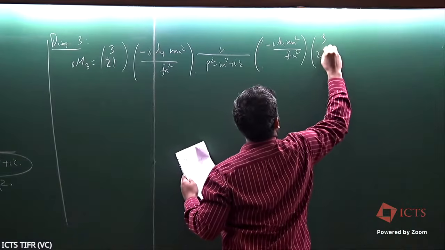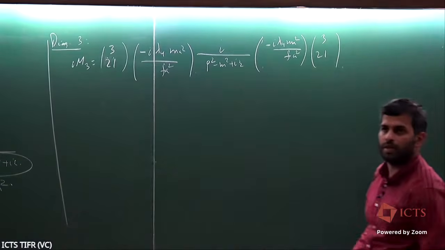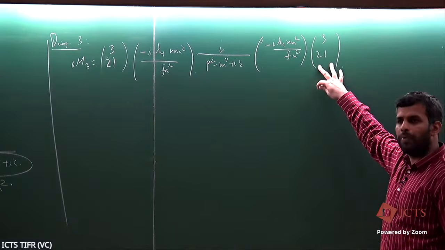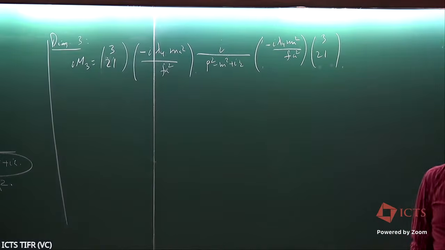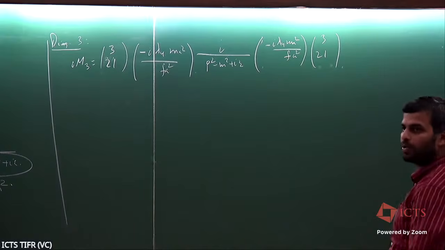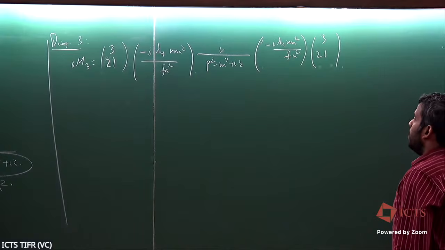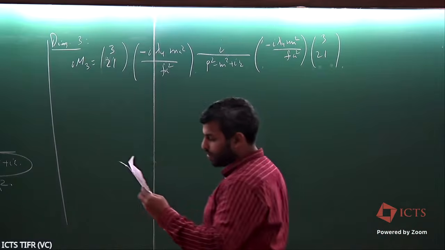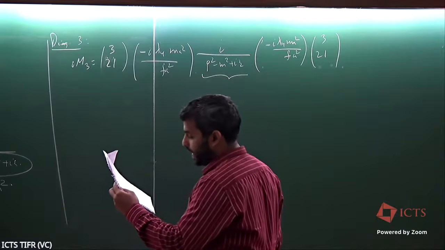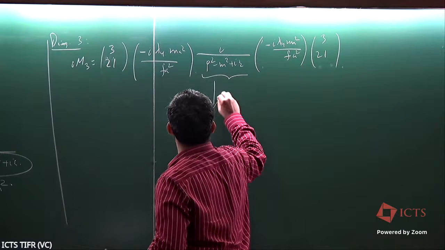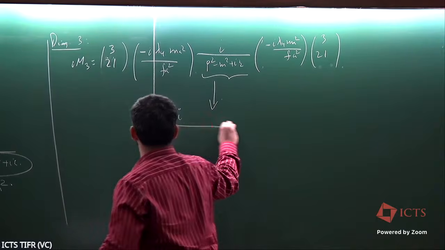And then another 3 to 1 factor for the outgoing states. So this is the combinatorial factor coming from the Wick contraction, because I'm looking at 3 to 3 scattering, but in reality there are 2 particles coming in, 1 particle going out, and then outside also the same thing is happening. Okay, so the goal is basically look at this part and expand in the non-relativistic theory, which means I write this as